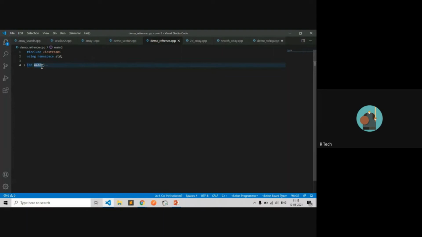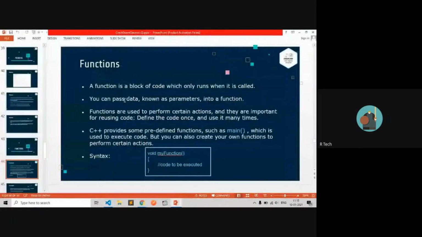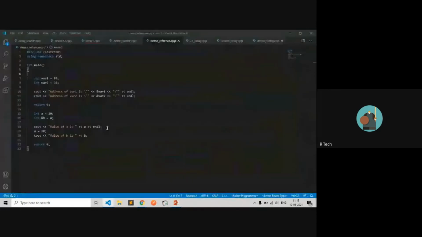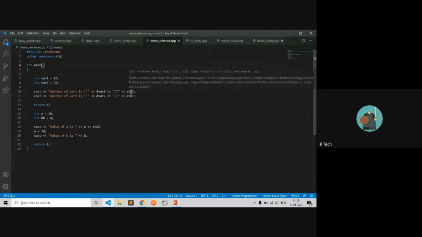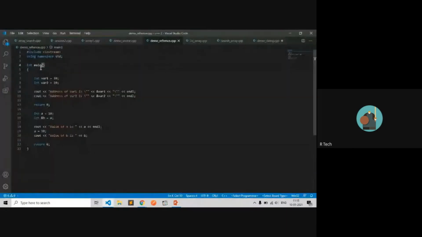As per the same concept as the main method, we can create our own method and use it in the main method. You can pass data known as parameters. You can pass n number of parameters, but you must declare a function.